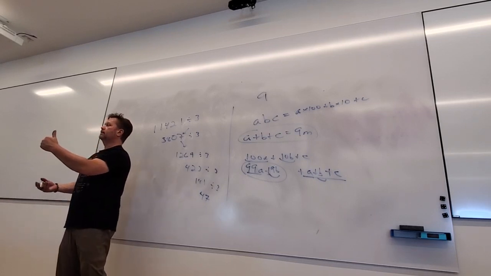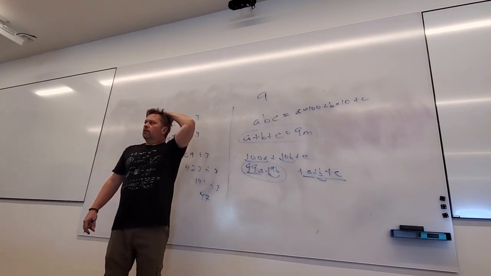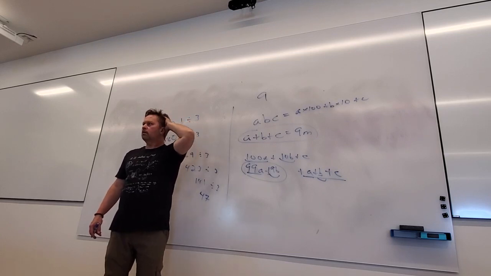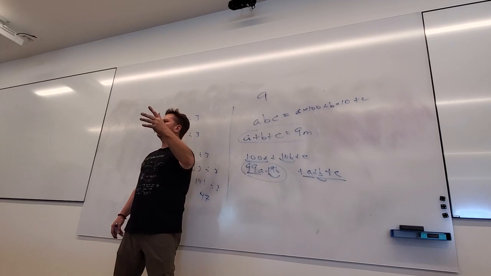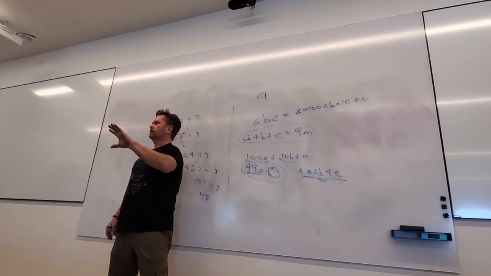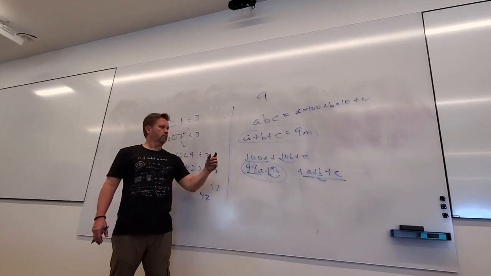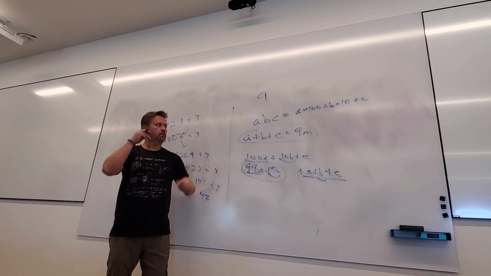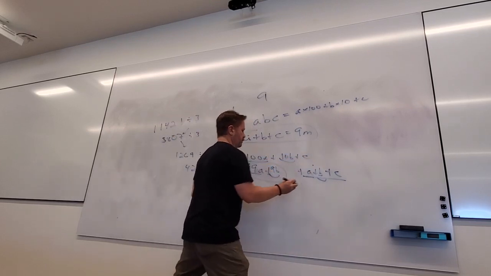If A plus B plus C is divisible by 9, technically wouldn't that be like 1A plus 1B plus 1C, so that'd be like 1/9, and now we're going into decimals? Wait, what? No. So A plus B plus C could be 18. It's just some multiple of 9, right? That's what that means. It's some multiple of 9. You're combining like terms with the 99A plus 9B plus 1A plus 1B plus 1C. But this whole number. So the question